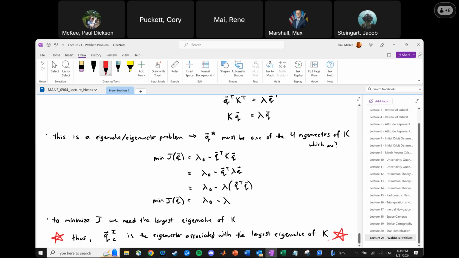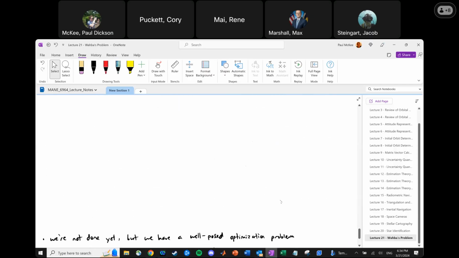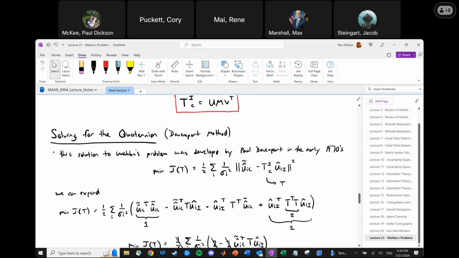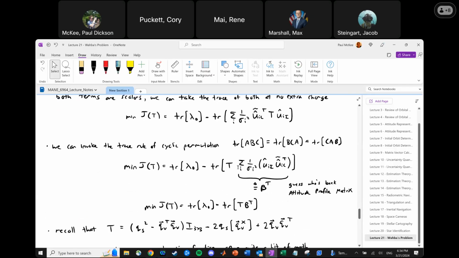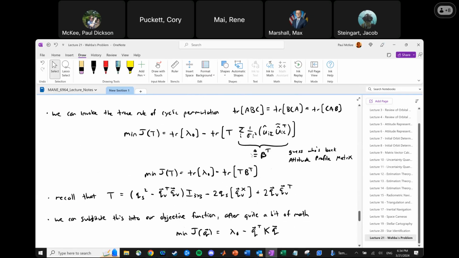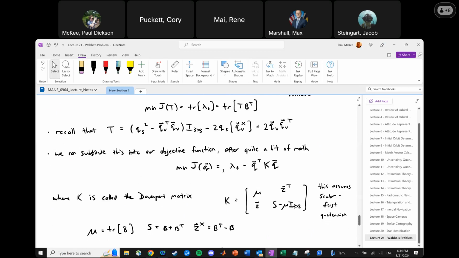But so let's review here because we just went through a whole bunch of Davenport math. Let's scroll up for a second. And don't worry, I'm coming back down in case you're not caught up on the notes. So we started with Wahba's problem. We ultimately simplified it to this optimization problem here, right here. And then we can plug in this equation for a quaternion. And after quite a bit of math, which we decided to skip, which is saying something because we don't skip it, we clearly are willing to go into a lot of pain and suffering in the math world here,